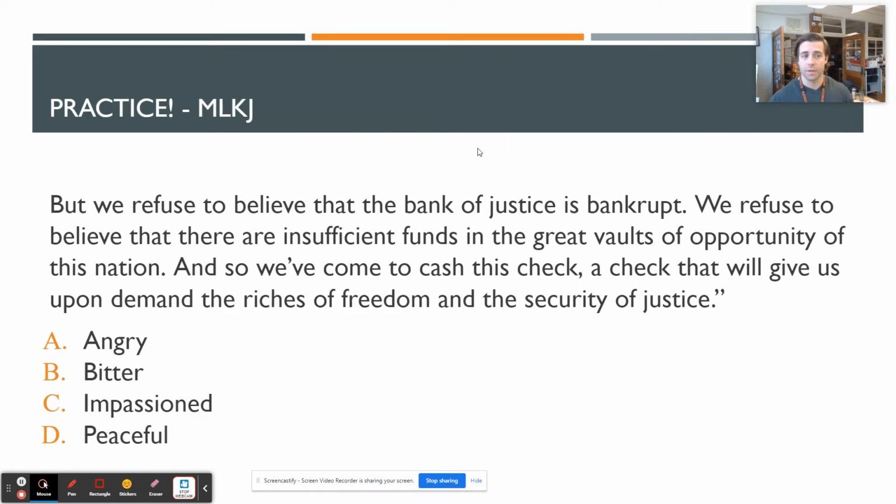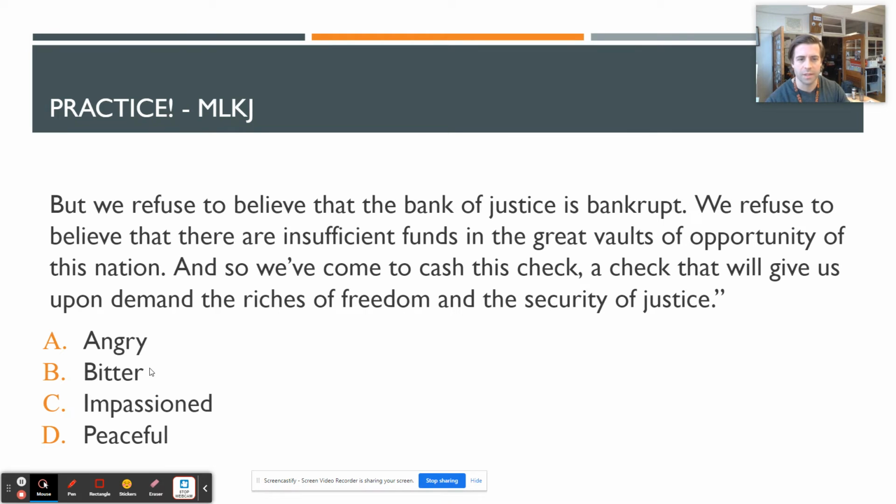So I want you to practice this. Take a read through this paragraph and see which tone best fits this passage. Did you do it? All right. So again, process of elimination. Is he angry? I don't think he's angry. He's not really bitter. He's not lamenting the fact that this hasn't happened before, and he's kind of seething